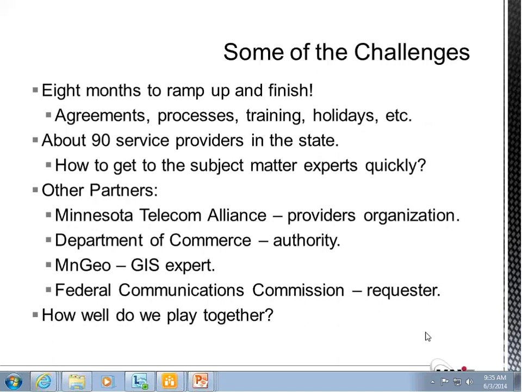And the other partners were the Minnesota Telecom Alliance, which is their organization, the Department of Commerce, who's the authority in this case, and GIA, where we did the GIS experts part of this, and then we had the FCC. And the whole thing is in the short time frame, how long